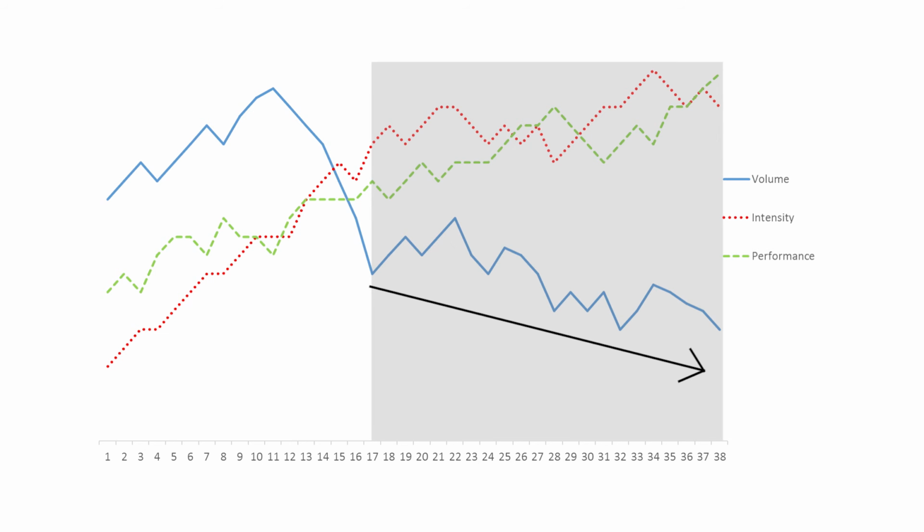While the weekly volume decreases across the competitive season, the weekly intensity is gradually increased. This allows the athletes to continue to develop the important athletic attributes such as speed, power and strength across the course of the season. Of course, you will find structures and plans that work best for you, your athletes and your coaches, so don't be afraid to experiment a little with the manipulation of your training loads.